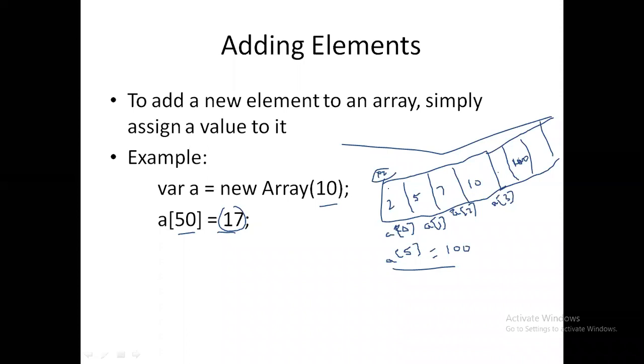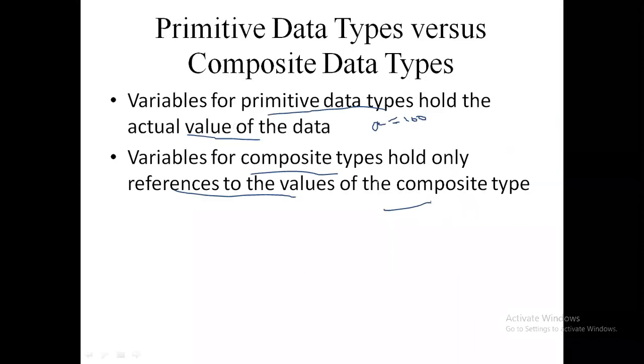Then if I ask what's your roll number, the roll number is the actual value, and where will I get that number from? It's a reference to your AMS college. So AMS college is the address. Like that, you will find primitive data type and composite data type. A primitive data type is an actual value which it holds, and a composite value is a reference to that particular value. That means the address of that particular value.